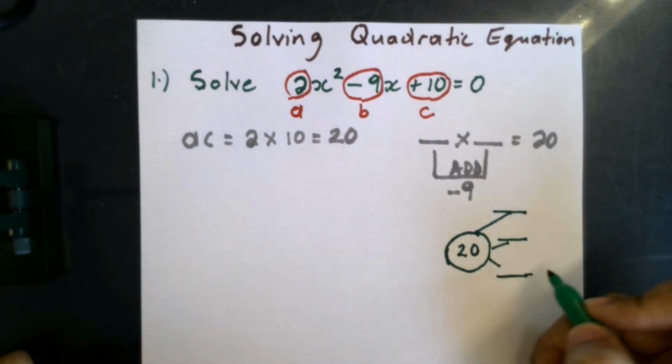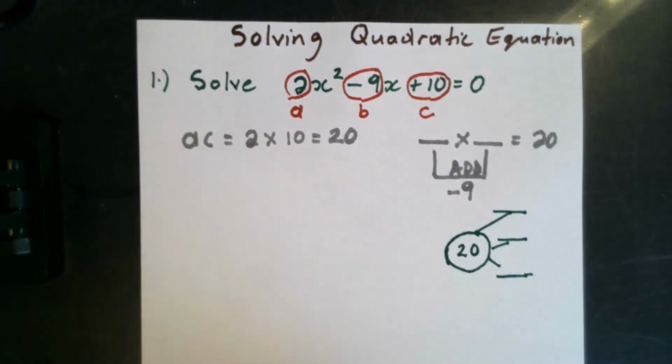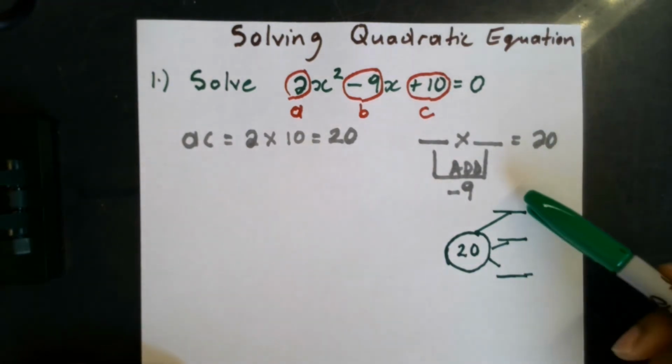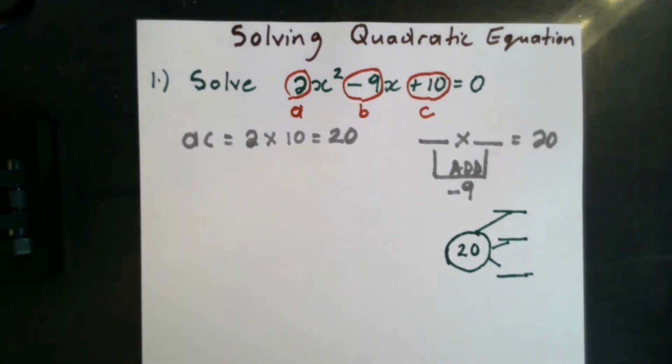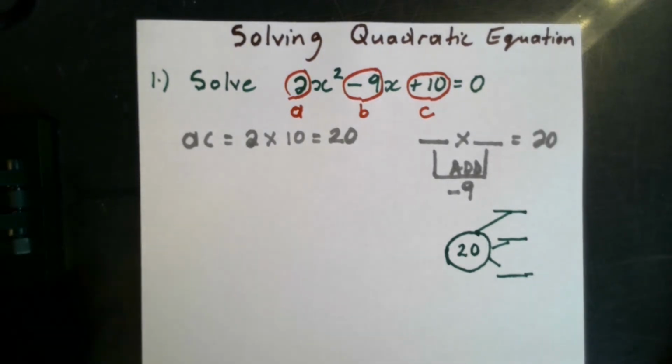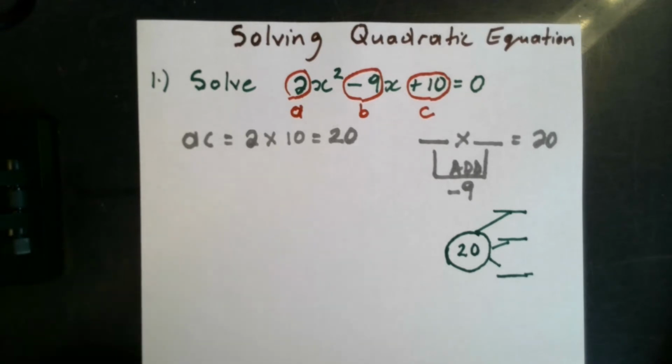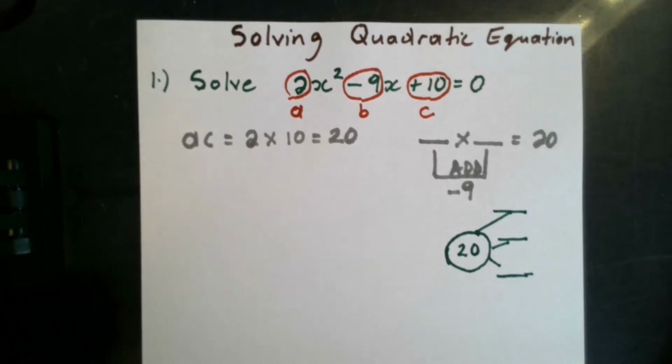And I left some spaces here for us to write pairs of numbers that multiply to give us 20. All right,